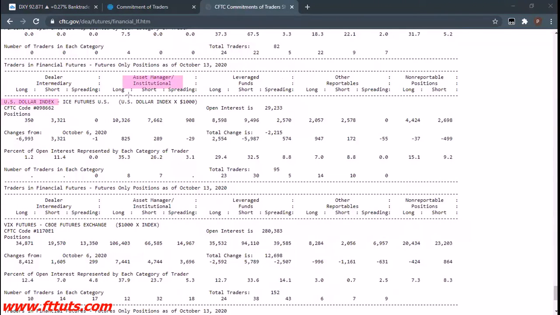Asset manager, long versus short. So we had about 10,000 longs and 7,000 shorts. So where were we the previous weeks? We had 10,000 versus 7,000. So the previous weeks,